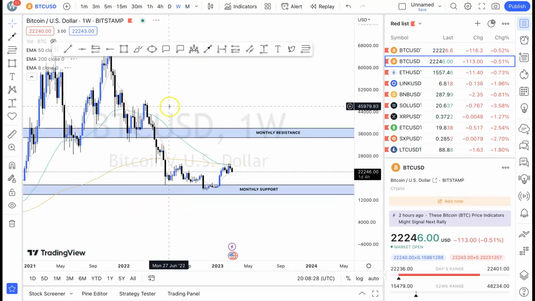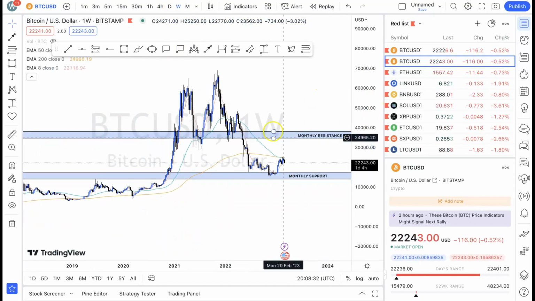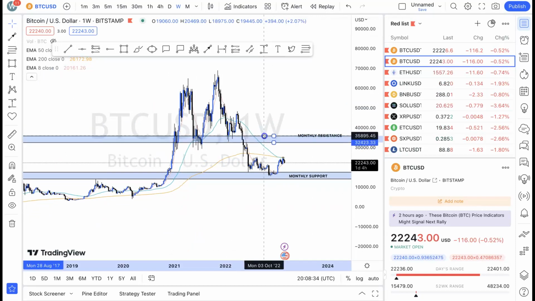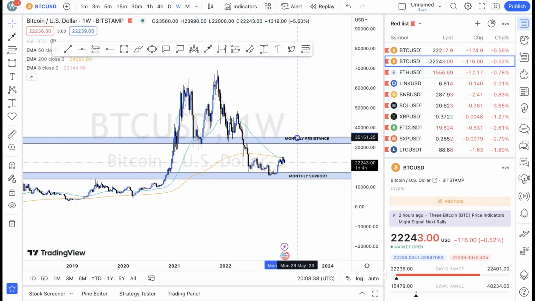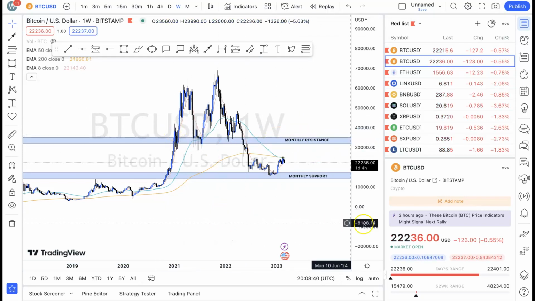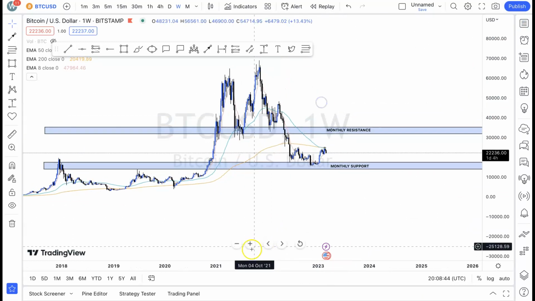So let's quickly go to the weekly. The weekly will also put things into perspective for you. The weekly might even make you adjust this to suit much better. Either you increase the rectangle or you just adjust for it to look a lot better. So this is what the weekly